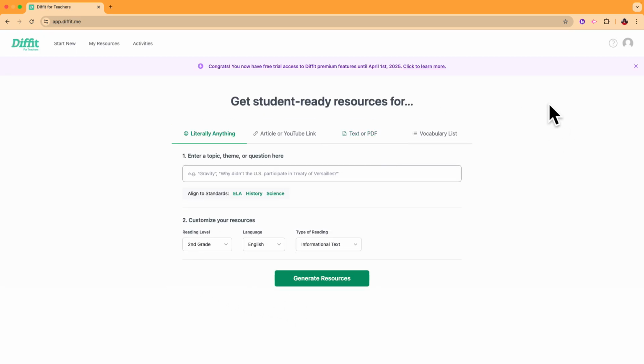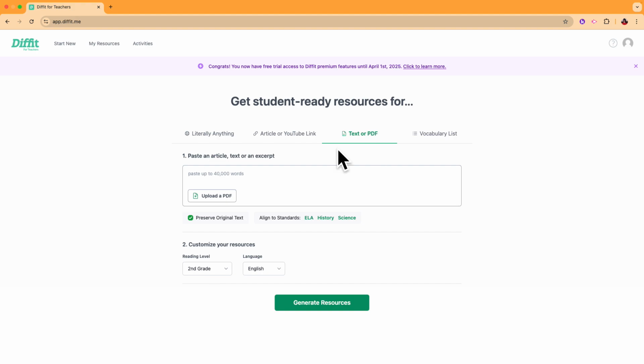All right, so now that my Diffit account is set up, you will get approximately a 2-month free premium trial from the day that you sign up, and anything you do with the premium, you can keep forever. Now that I'm with Diffit here, I can create resources with a prompt, I can paste in an article or YouTube link, or I can upload a text or PDF, or paste in some text. I'm going to start here with